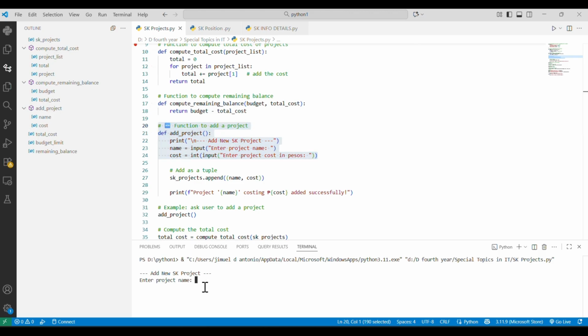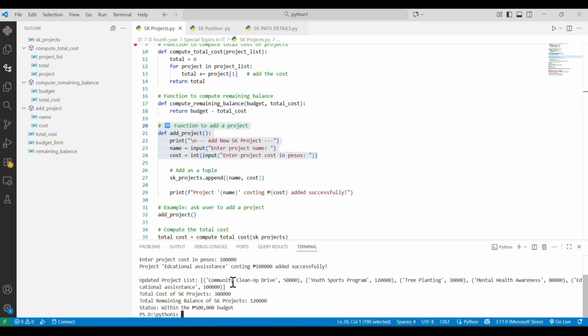So let's try to add, let's say, educational assistance. Enter project cost in peso, so we will add 100,000. Enter. So here we can see the updated project list: the community drive, youth sport program, tree planting, mental health, and we have the educational assistance with a total cost of 100,000.